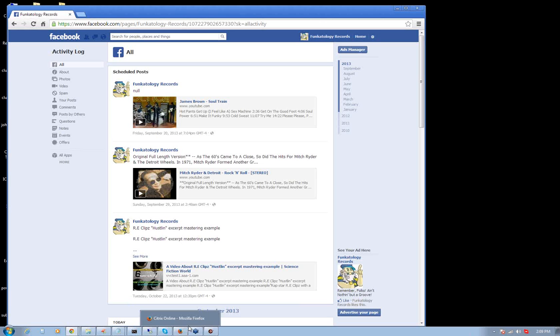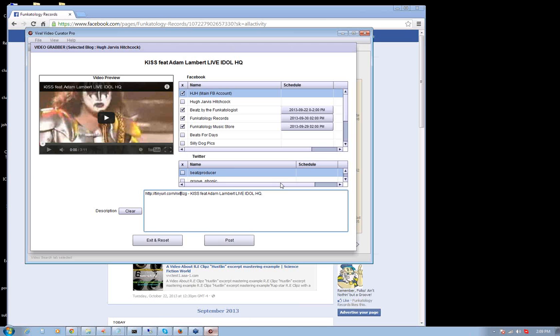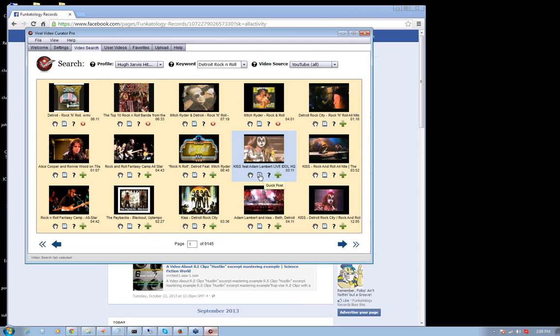So that pretty much covered, oh no, not quite. There's one more thing I got to show you, which is the quick post scheduling. So if you click on the page icon on Viral Video Curator Pro, and you open the quick post editor,